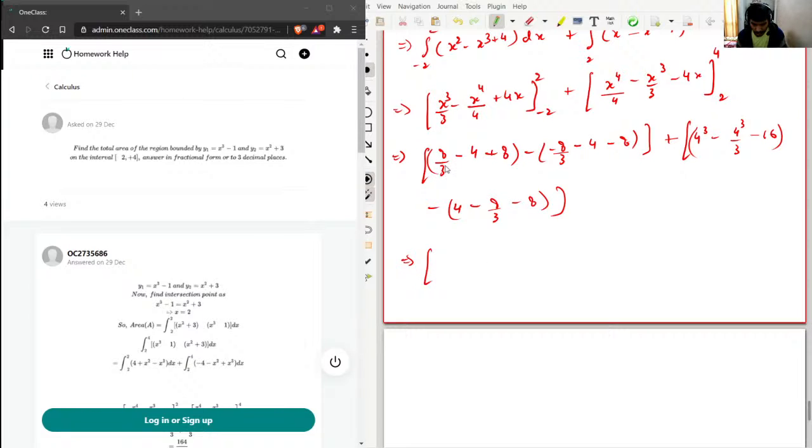Now I'll just simplify this. This minus minus will become plus, so this will be 16 over 3. This will be minus 4, and this will be plus 4, so this is going to be cancelled. I'm done with this. This will be cancelled, and this will be 8 plus 8, 16,